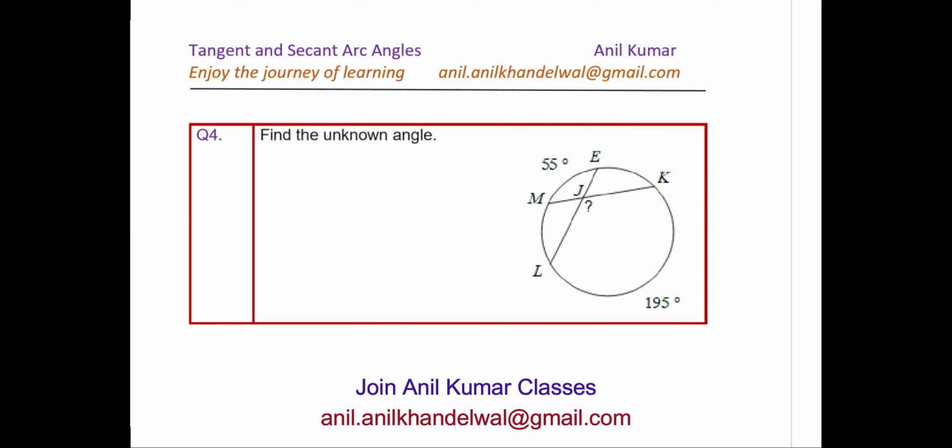Question number 4. So take a moment and try to answer this question. What should be the value of this? Let it be x. So pause the video, answer the question. Now since these are the chords, it is the average value of the two intercepted arcs. So x is basically equal to half of